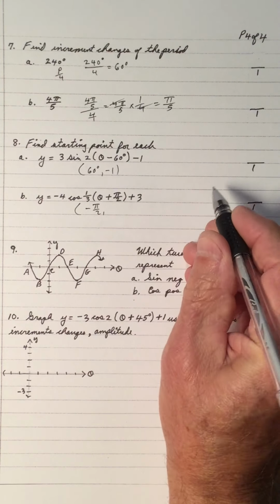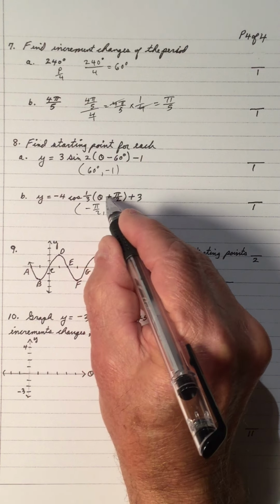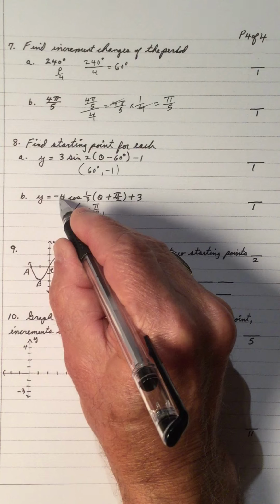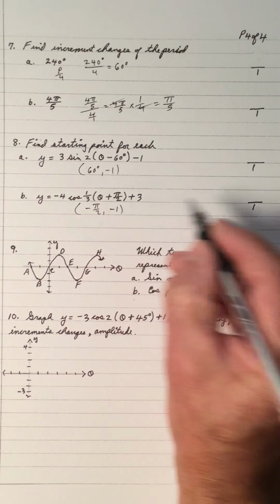Okay, that's easy. Now, put a negative pi over 2 here and you get a 0. 1/3 times 0 is 0. The cos of 0 is 1. Negative 4 times 1 is negative 4. Plus 3 is negative 1. Because